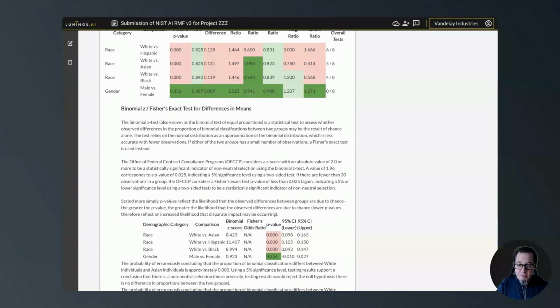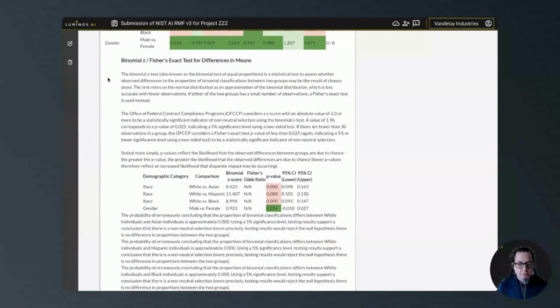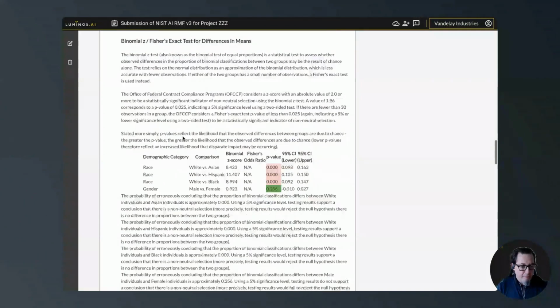If you're not a data scientist, you can rely on the built-in thresholds, the built-in color coding, and also the dynamically generated English language legally valid explanations of all the things that are shown here in the report. So we got an explanation of what the binomial Z test is, we've got an explanation of where it comes from, why it's considered a legally valid test to run, we have an explanation of what the thresholds are, and